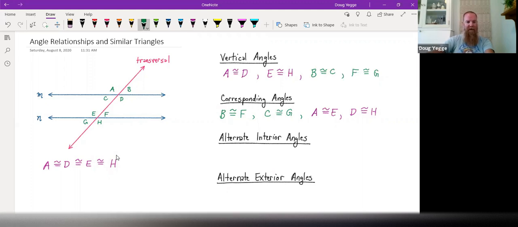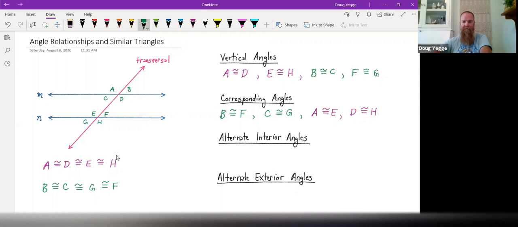And likewise, B is congruent to C by vertical angles. But then I could see that C is congruent to G because they are corresponding angles, and G is congruent to F because they are vertical angles. So we could see already a couple of different relationships, but now we'd like to take a look at alternate